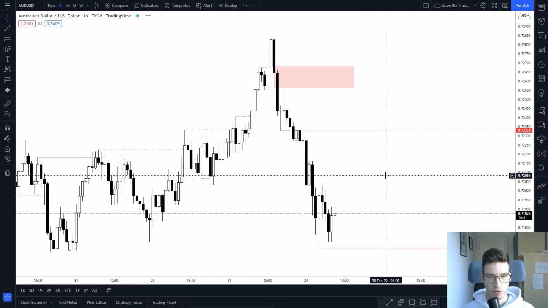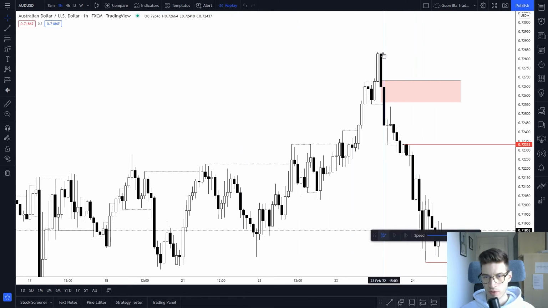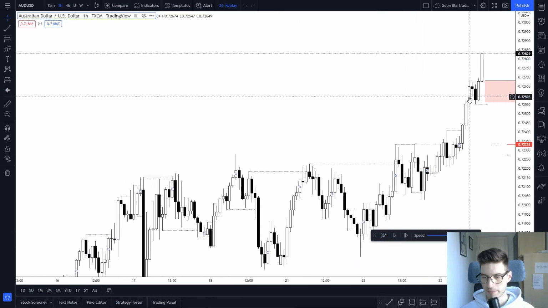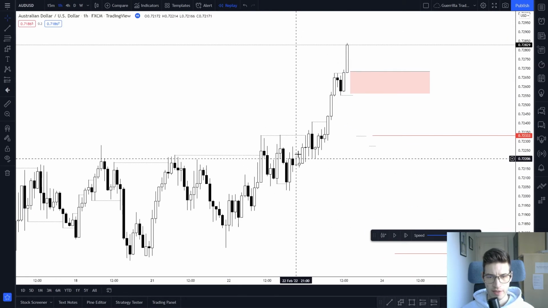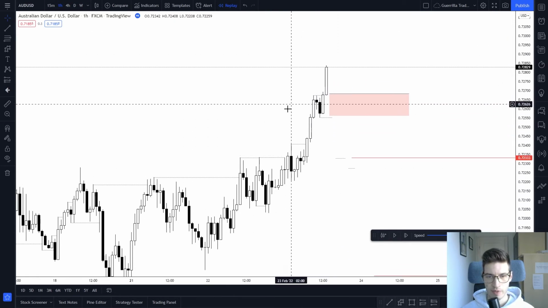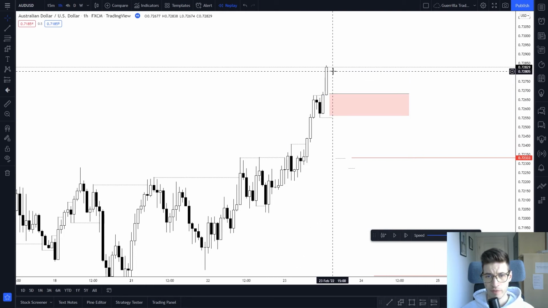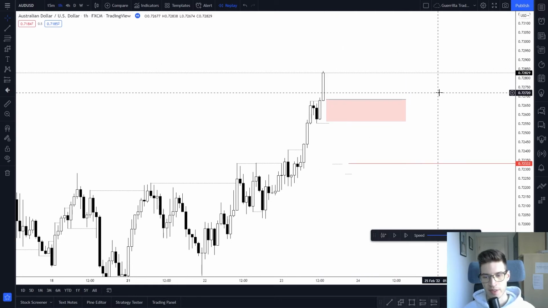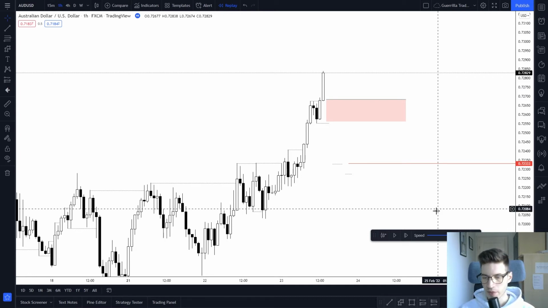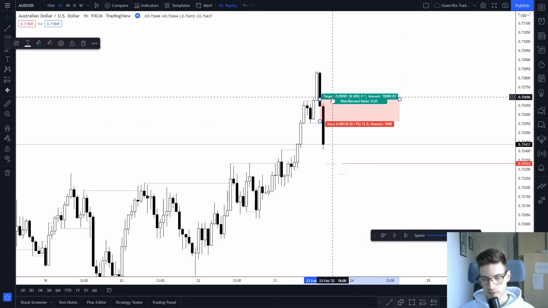So let's now switch to the Aussie and US dollar. I was in this trade. I really like the price action right here. We had this ascending structure, then one impulse, a small pullback, no momentum shift, and a continuation of the momentum. After this candle formed, I was very happy to place the 1% risk, so a pending long order. Then I got tagged in and tagged out, so this was a 1% loss, but